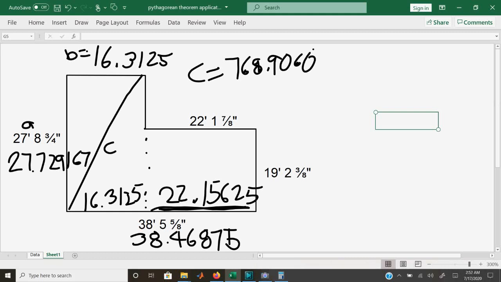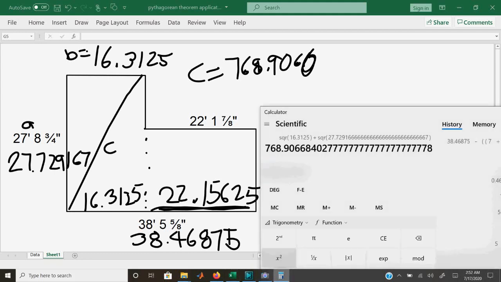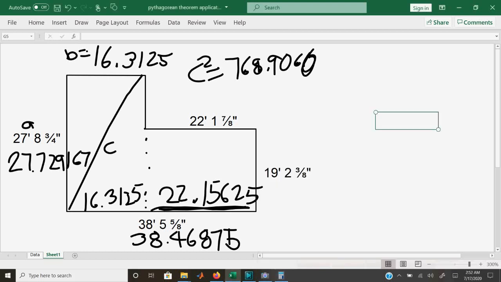Since I squared the number, I'm going to take the square root of my answer. I'm going to take the square root of this. So I should really say C squared equals,